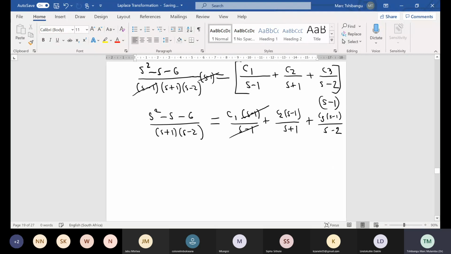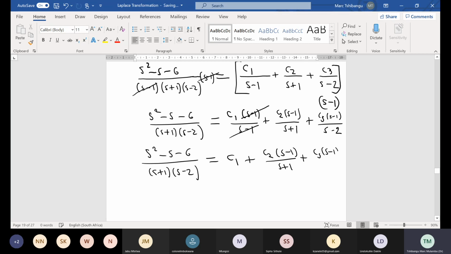I'm going to write this as (s squared minus s minus 6) over (s plus 1)(s minus 2) to be equal to c1 plus c2 into (s minus 1) over (s plus 1) plus c3 (s minus 1) over (s minus 2). Now that we've cancelled everything that needed to be cancelled, we can then set,